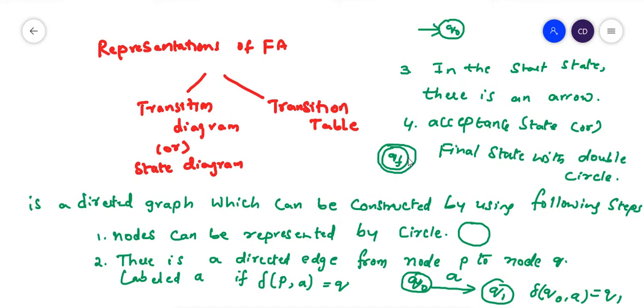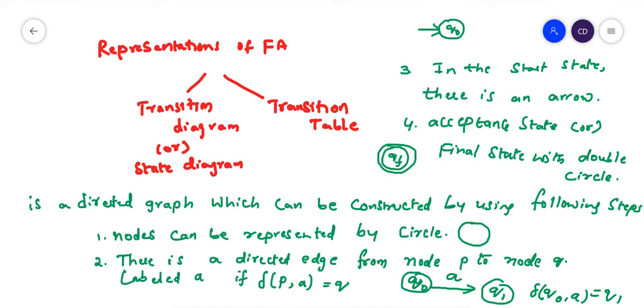When you observe these symbols in your transition diagram, you can identify what the states available in your finite state machine are, what the initial state is, what the final states are, and what your transition function gives you, like from one state to another state on which input you take to move. That entire thing you can find in your transition diagram. So this is one of the representations for your finite state machine.